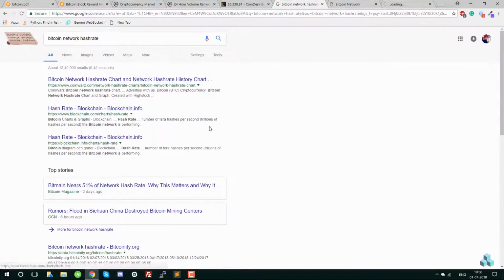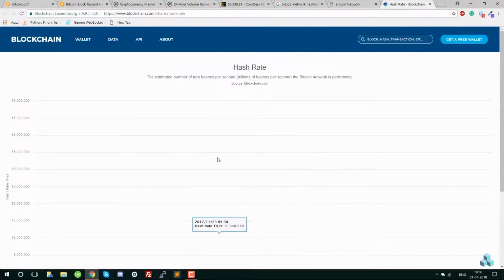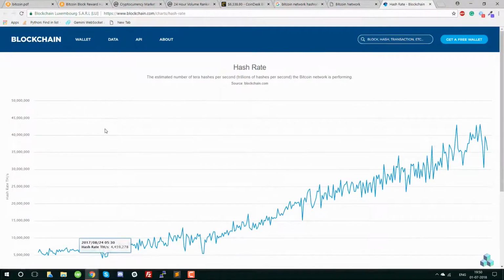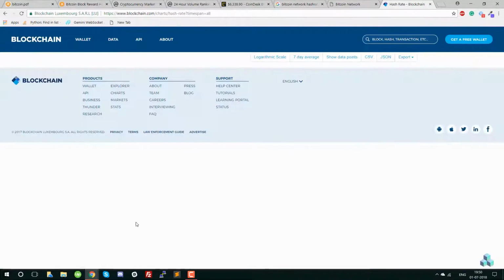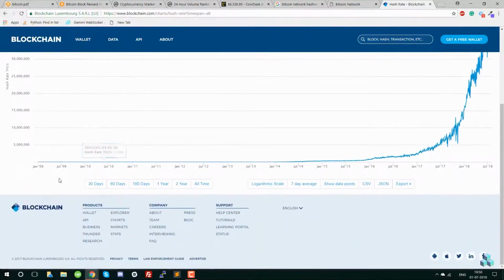Okay, blockchain.com. So this is one of the leading providers of Bitcoin network data, and the number of hashes, or the hash rate, is the amount of computing power that is being put into the Bitcoin network per second. So if you see the all-time Bitcoin network hash rate, you would see that